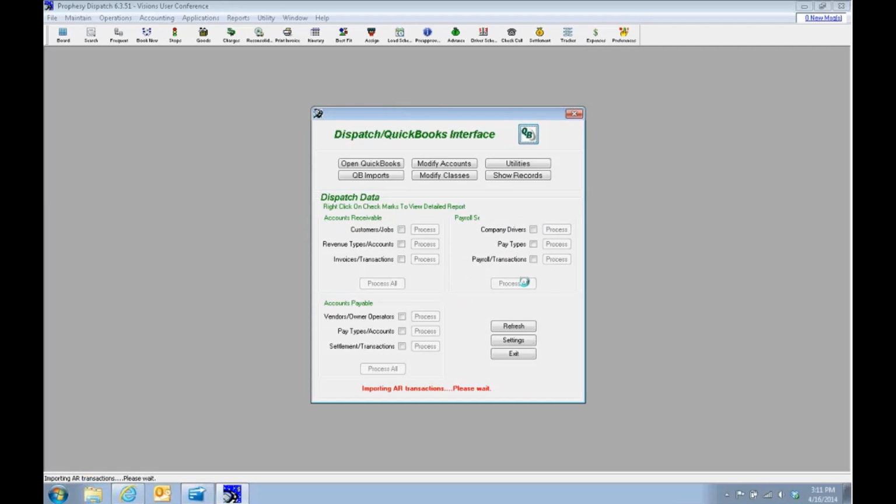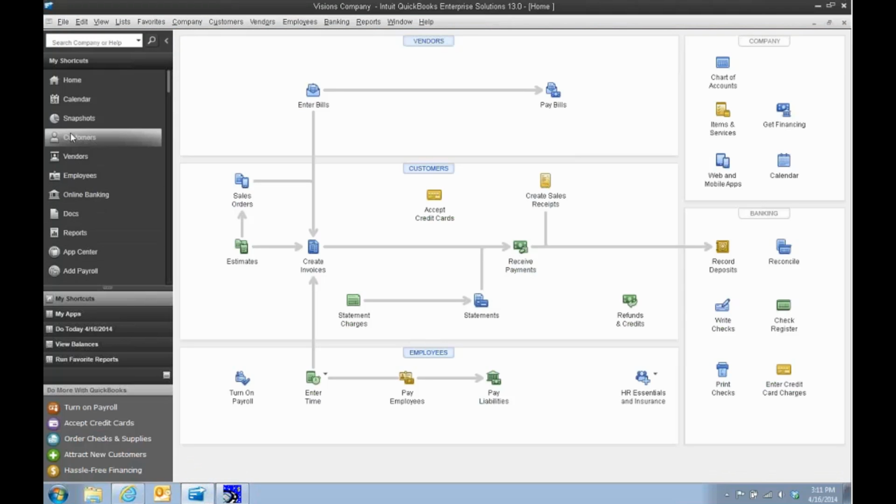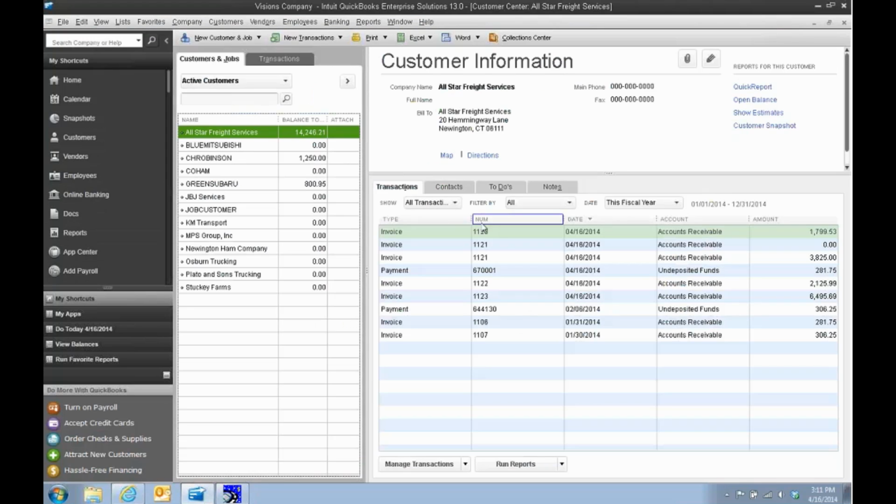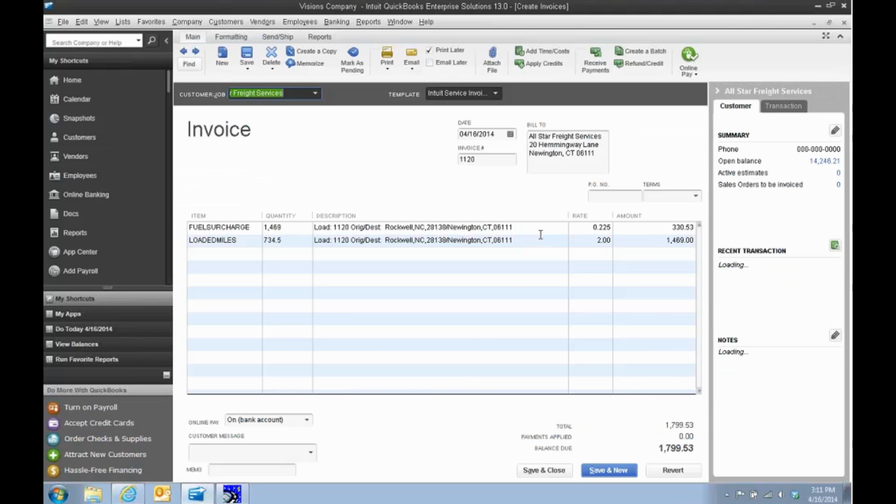Those invoices are transferred successfully into the QuickBooks file, and I can view those invoices by switching to QuickBooks and looking at my customer. My transactions are to the right, and when I open the invoice here, I have the details for what I had on Prophesy side transferred over into the invoice in QuickBooks. The description section within the invoice in the QuickBooks file